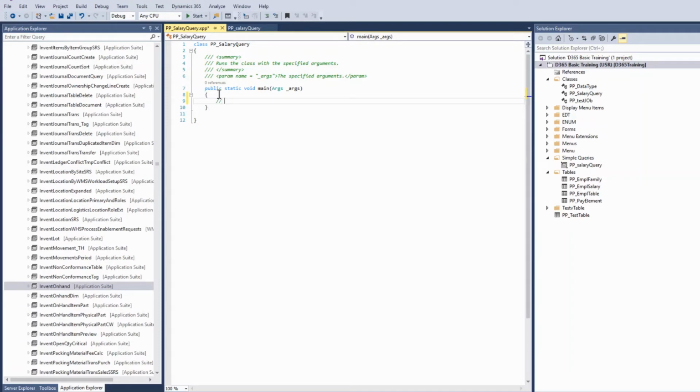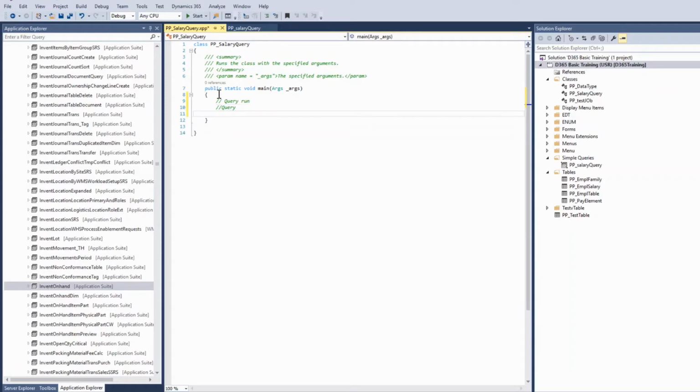So how it works is that in the query object model, one is QueryRun. This QueryRun class runs the query. Another one is Query. This Query class embodies the structure of the query. So the QueryRun object will be assigned to the Query object. This Query contains one or more data sources. In our case, for static queries, we have to assign that static query in this Query class. Then the QueryRun class will run this query. So this is the hierarchy. In Query, you attach all your data sources and ranges, and QueryRun helps to run the query.